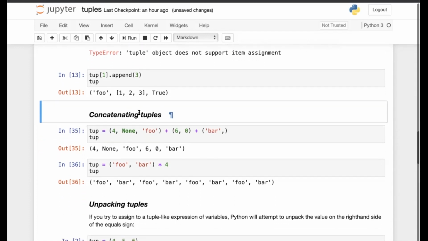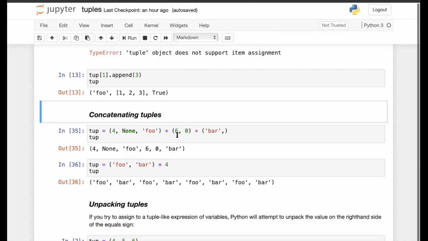Now you can concatenate the various tuples through the addition operator plus. So here we have these three tuples. The first tuple has three elements, the second tuple has two elements, and the third tuple has only a single element. We can concatenate these three using the plus operator, and please note that a new tuple is created.